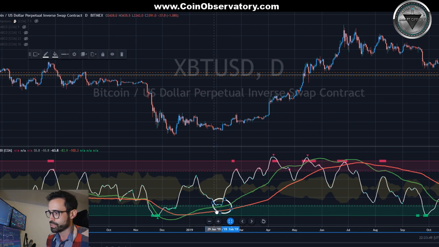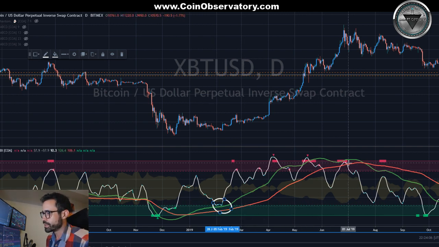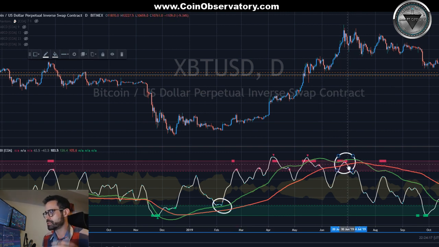So when we see RBI entanglement, where the signal line is really close to the KD line, and the KD line is bullish, or they're flipping bearish, that's where momentum is coming into the asset, and it's going to rally whichever way the flip is on RBI. And here we see the same thing to the top side. This Bitcoin top was actually signaled by RBI too, where we saw KD coming together,